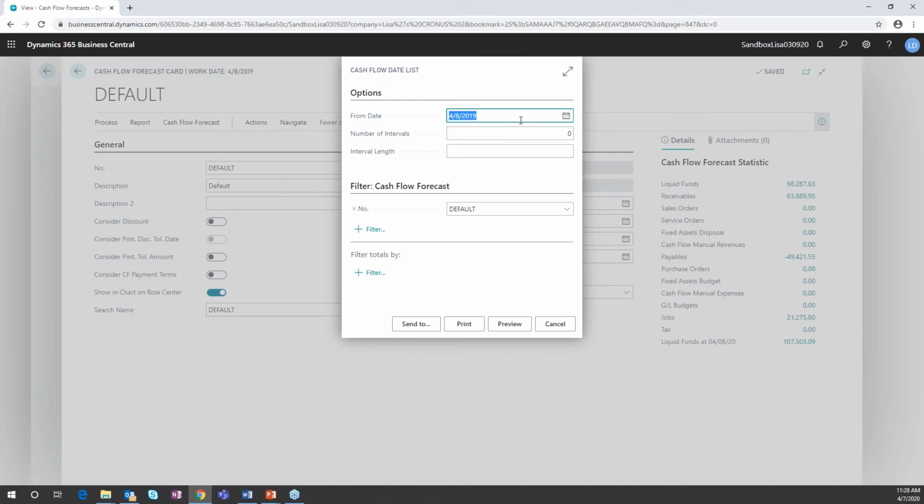So the from date assumes the work date, and I could decide what I want to look at in terms of seeing the future forecast. So I might want to see the next 5 weeks. So I want 5 intervals with the interval length at a week. And if I just preview this,